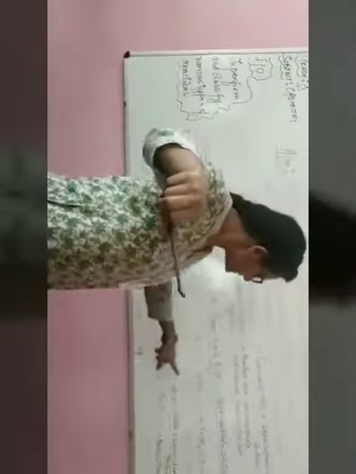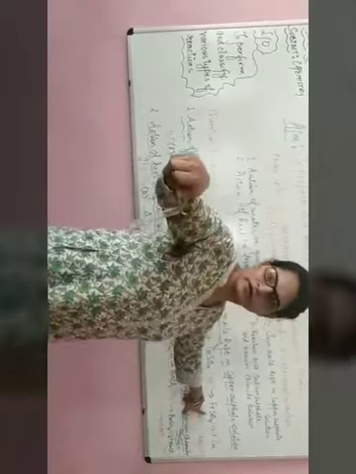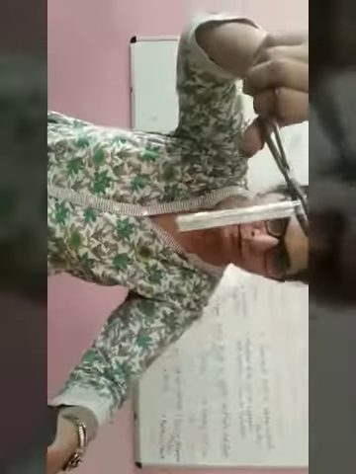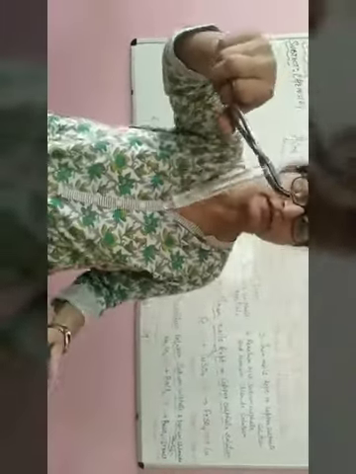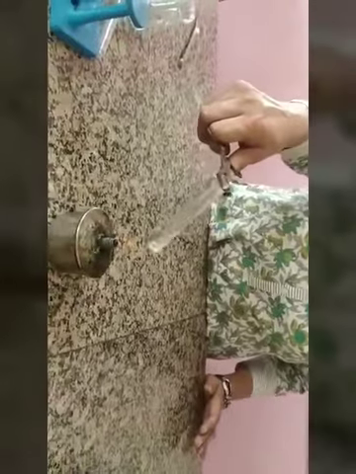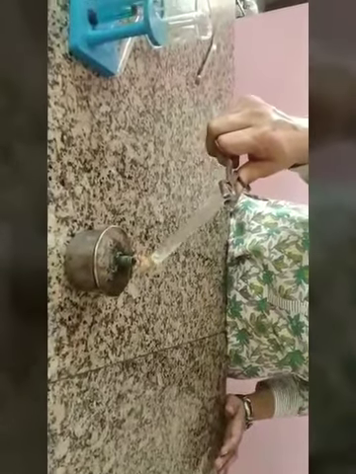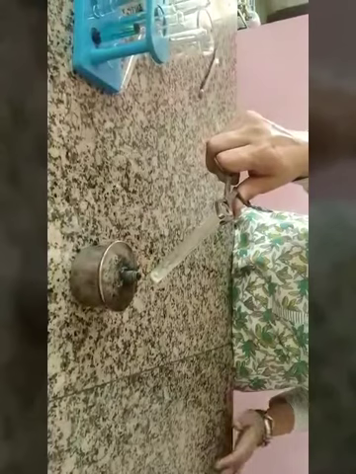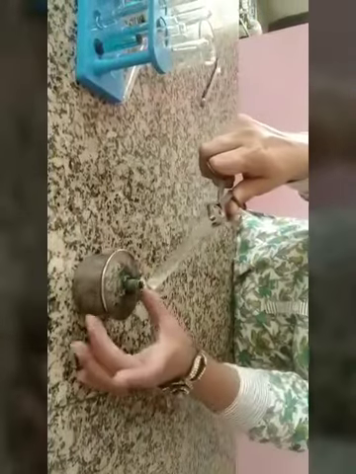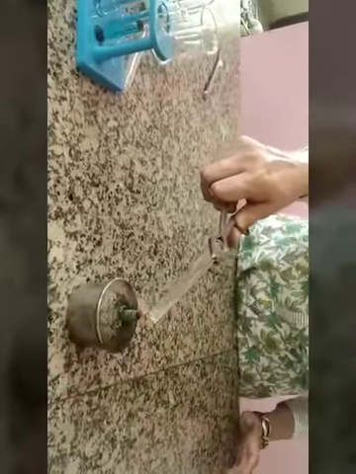This is the color of ferrous sulfate crystals, that is pale green, because we have written the experiment here of ferrous sulfate, that is FeSO4, and the same color is reflected here. I have taken the ferrous sulfate crystals from here and put them in the test tube, and I am holding the test tube with this holder. Then we are going to heat it because we have to see the action of heat on ferrous sulfate crystals. This is a spirit lamp.